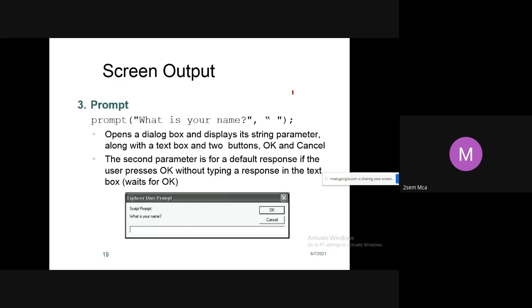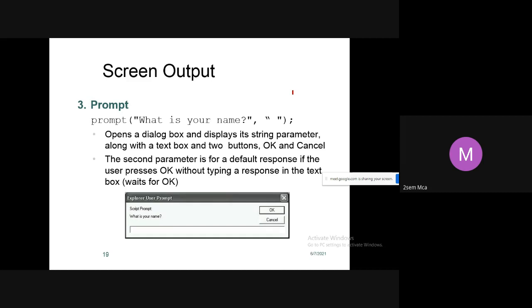So next we have prompt. This prompt we have seen in the previous program. Why we use this prompt is to take an input from the user. In the last class also, when I was displaying the Fibonacci series program, enter the number, and to generate the square root number also, we took an n value from the user, we were taking this prompt. Correct, students?